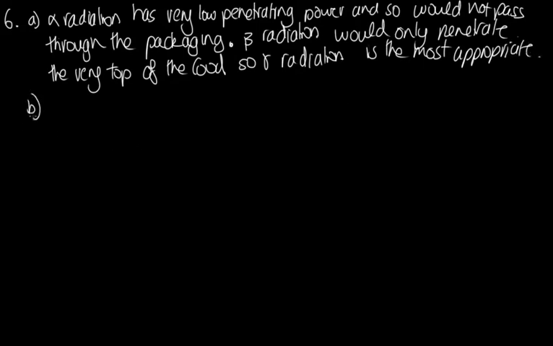Now part B says, would this make the food radioactive? Well, no, it would not, because gamma rays can't actually knock protons or neutrons out of the nucleus. And so as we can't change the nucleus, we can't make it become radioactive. So this is another reason for using gamma radiation. If you were using alpha radiation, if it could penetrate, then it can change the nucleus and it could make it radioactive. So no, gamma radiation